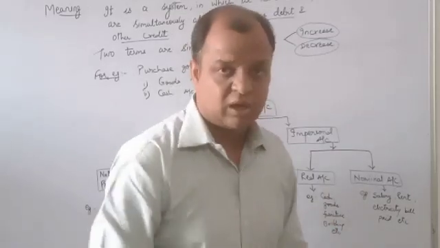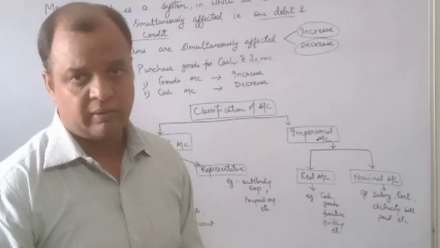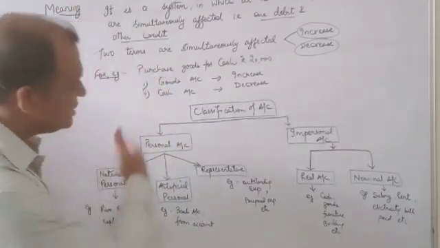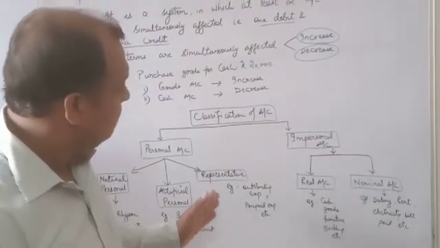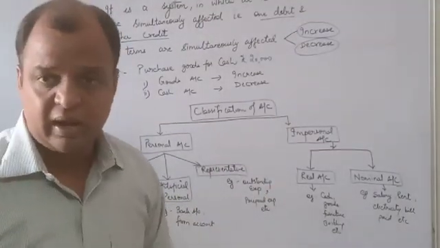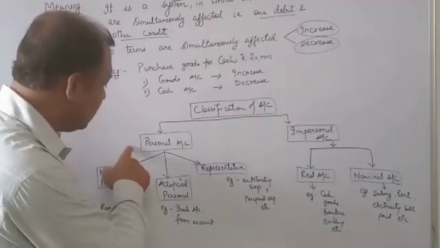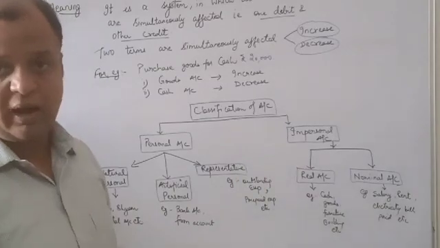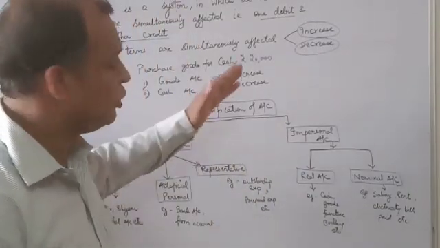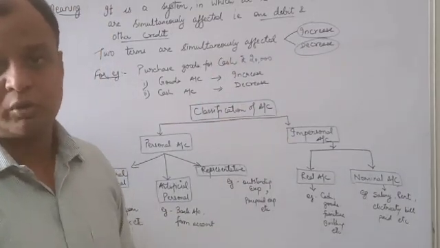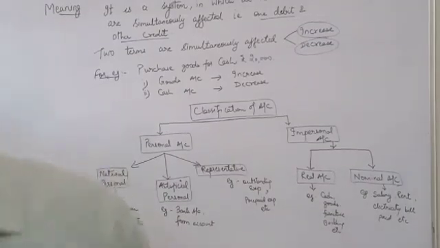And nominal accounts are all the income and expenses of a business concern. Now, when we are classifying these accounts, certain rules are applied for personal account, real account and nominal account, to follow the accounting procedure of the double entry system, which I will